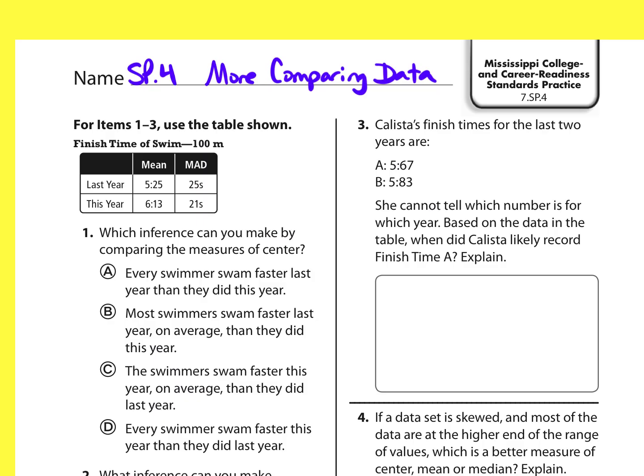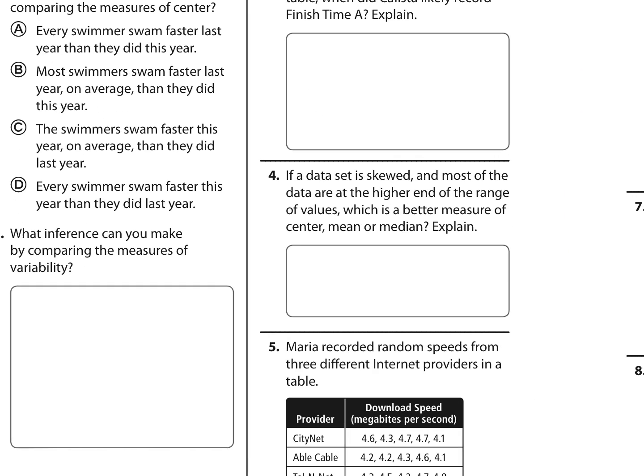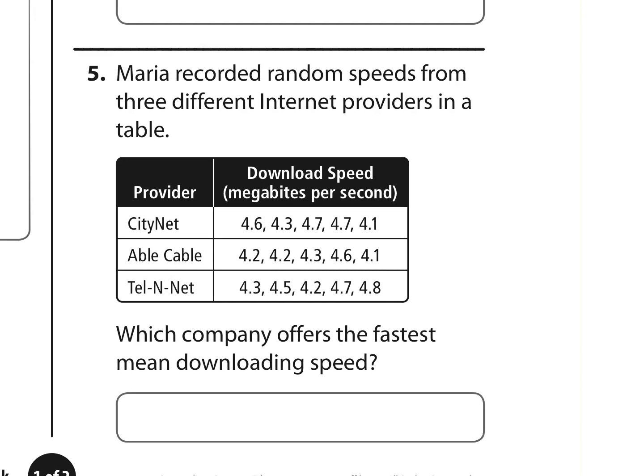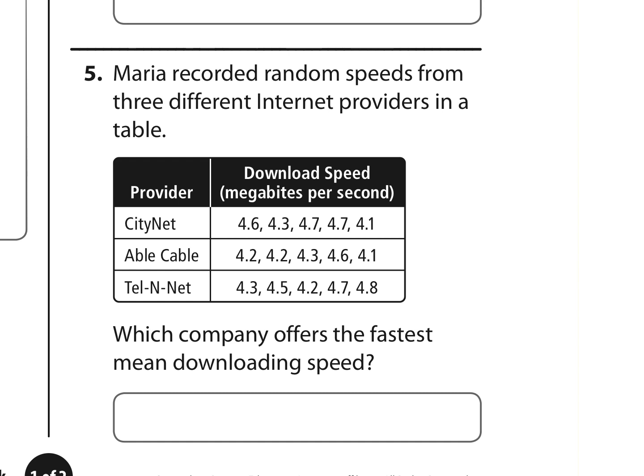Standard SP4 is just more comparing data. So we're going to look at one problem here, number 5. Maria recorded random speeds from 3 different internet providers in a table. Which company offers the fastest mean downloading speed? So we know when we see the word mean that we're looking for an average. So that comes from adding up all the numbers and dividing by how many you have. So we're going to start here